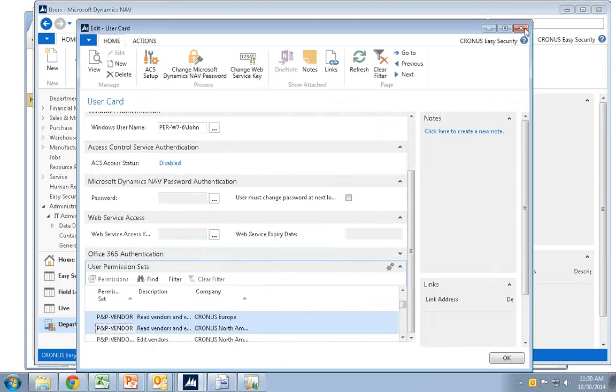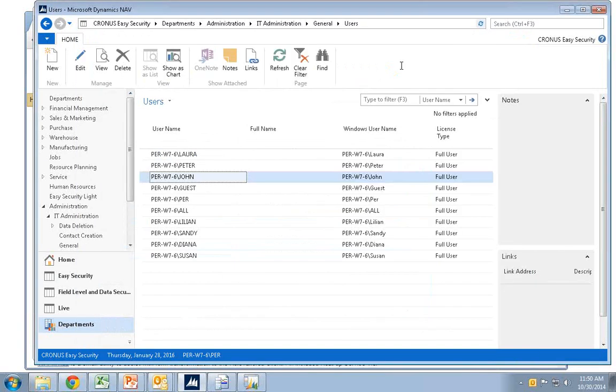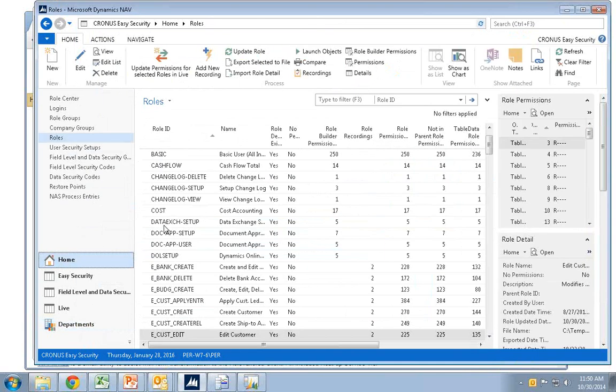But next time I publish from Easy Security, we will write the permission that we thought John should have at that time. So it doesn't prevent you from changing it, but you should really use Easy Security for maintaining security as soon as you use that application, because it simplifies it a lot. But it doesn't prevent you from doing a temporary permission, for example assigning somebody super data when they just cannot do a process.